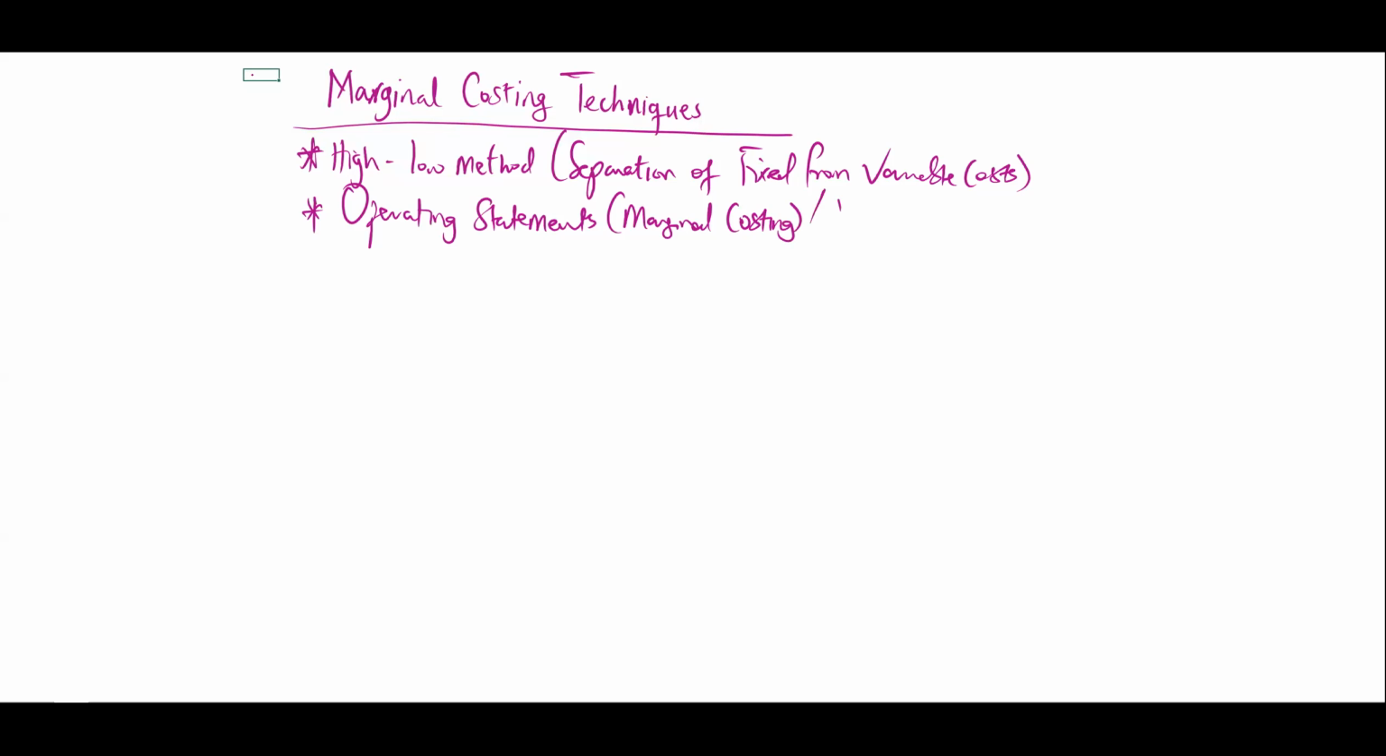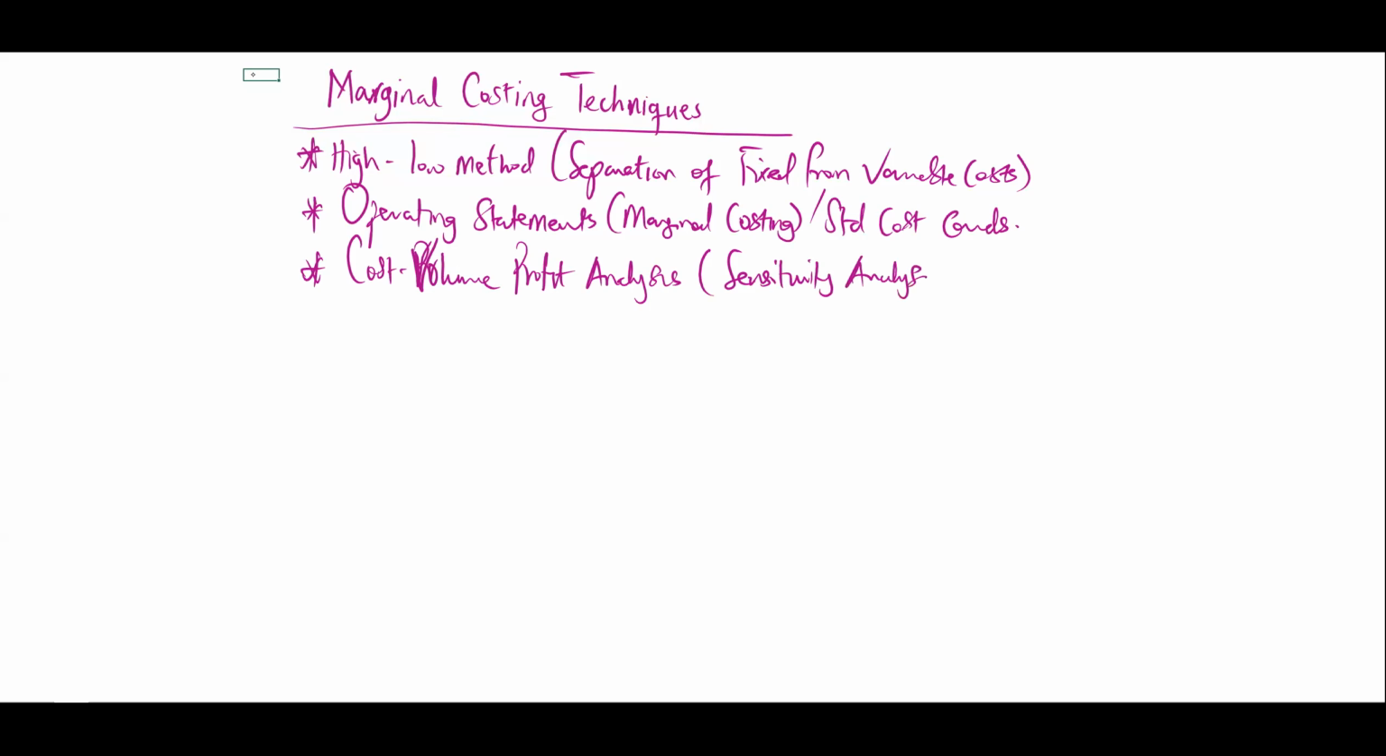or operating statements or preparing standard cost cards, which I believe you know how to do. Then we are going to learn about cost volume profit analysis, or sensitivity analysis. Here we are going to look at single product CVP or break-even analysis,